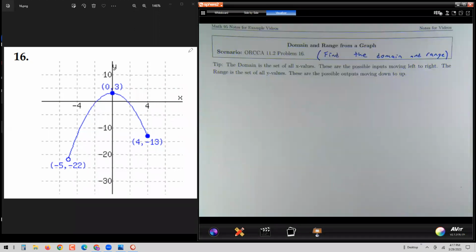So I'm just going to highlight what this looks like here at -5, and I'm noticing there's an open circle. So an open circle at -5, so it's not including -5. And then this thing, I'm going to draw that as a big open circle. There we go. And this thing goes all the way up to +4, closed circle, including it. So whenever you're looking at domain, you're dealing with the x values. So if I'm describing the domain of this thing,